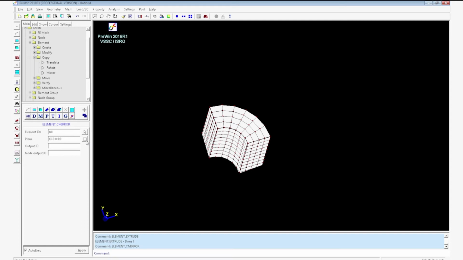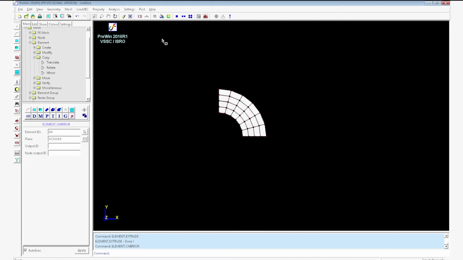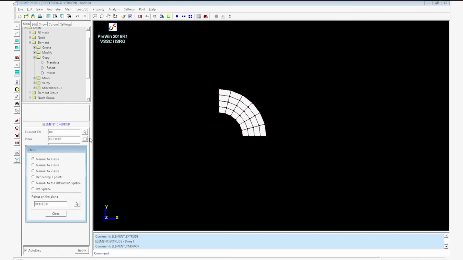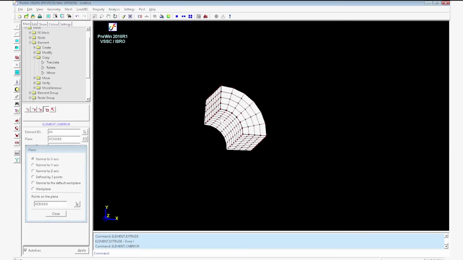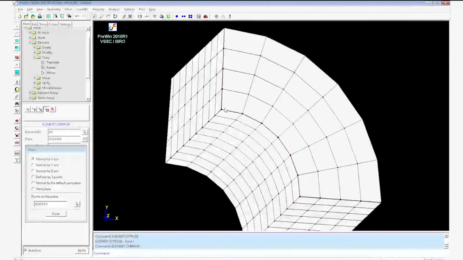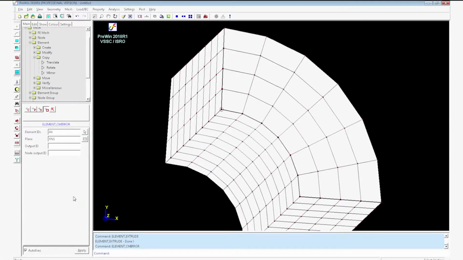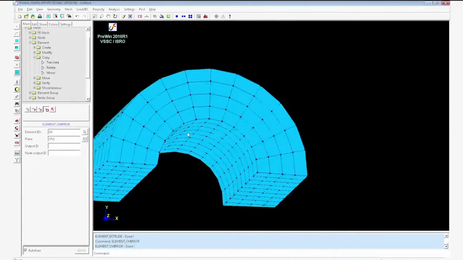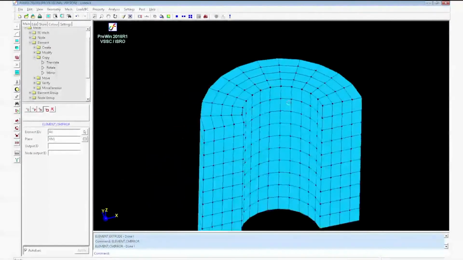Select the plane with respect to which all the elements should be mirrored, and a point on the plane about which the element should be mirrored. Click Apply. All the elements will be mirrored and a semicircular shape will be created.